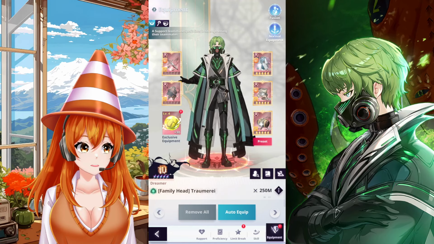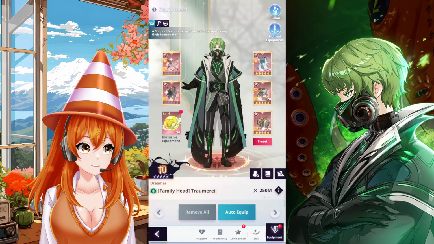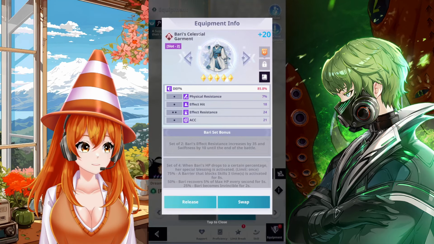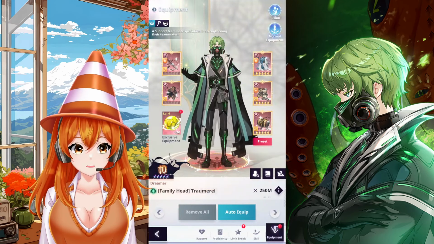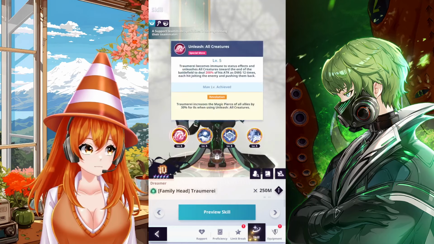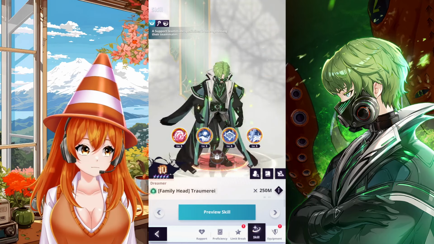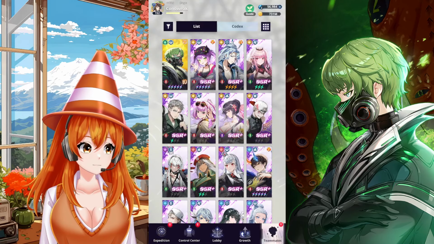I will try to upgrade some more pieces maybe, but the ones that I got from Sela are all offensive pieces, so I cannot really do that. I tried to upgrade this one, didn't really go well, but okay. So yeah, this is more or less the situation on my Tramray. It's kind of bad, but it doesn't matter. There is not a single set that is really going to be insane on him,